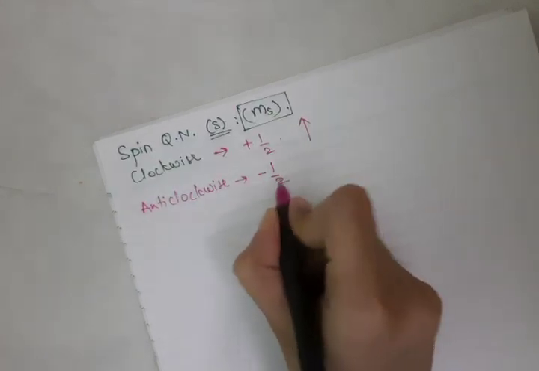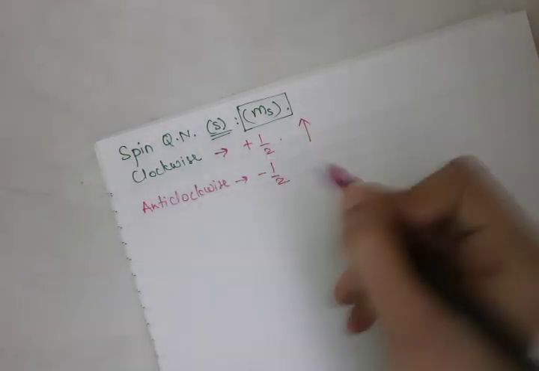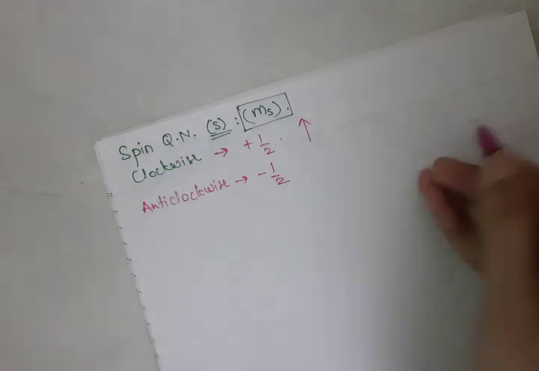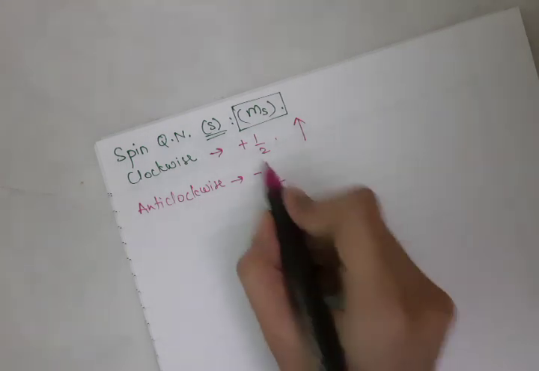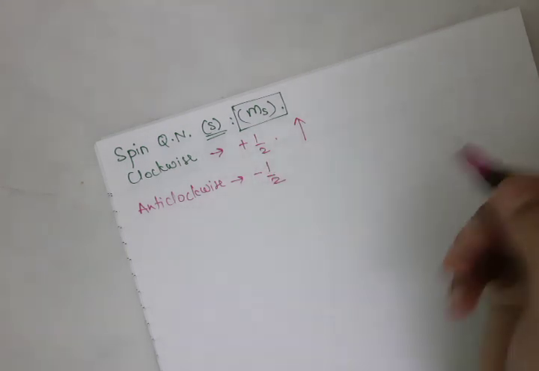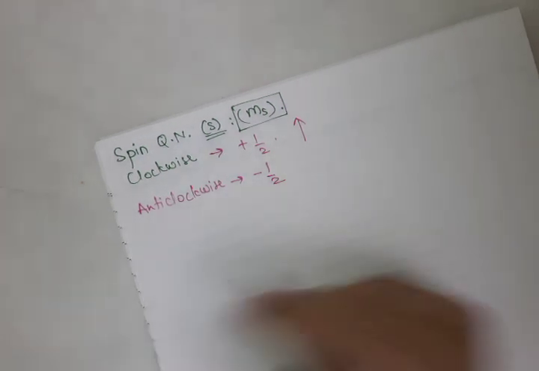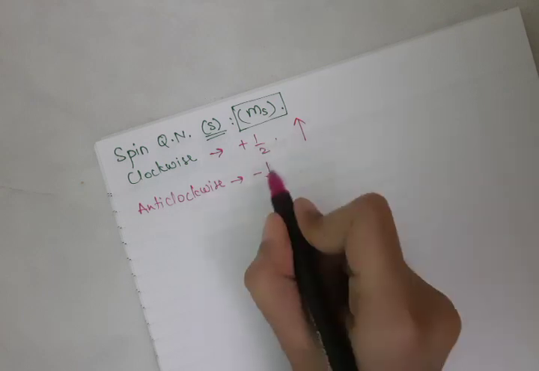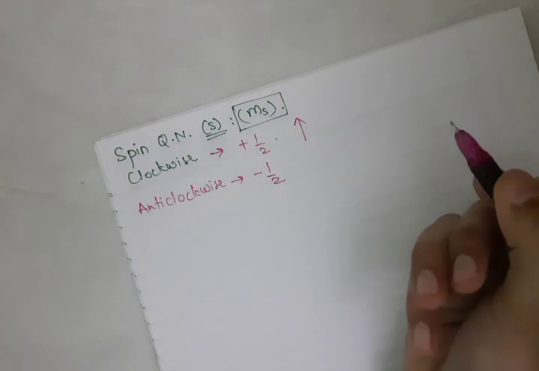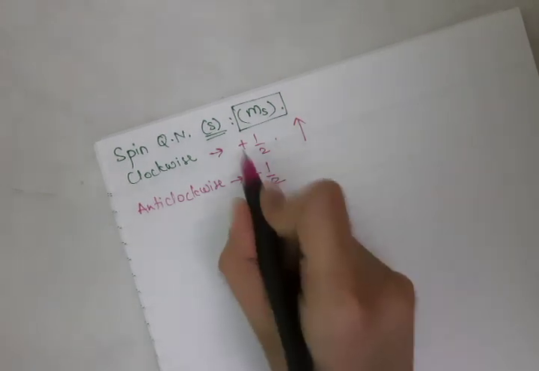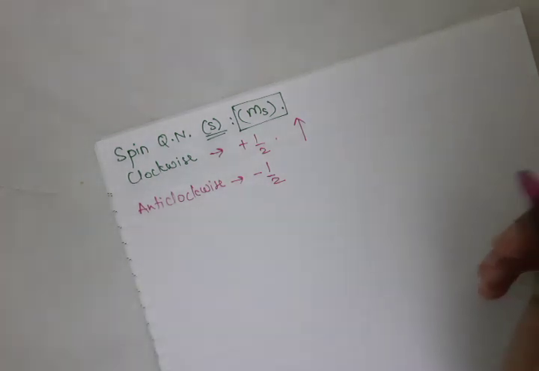This is for only a single electron. When a multi-electron system is given, you just have to add the values according to their spin. Actually, it is an addition, only the sign changes. That's why the addition converts into subtraction. That is, if plus 1 by 2 is given and minus 1 by 2 is given, then plus 1 by 2 minus 1 by 2 becomes 0, because we add together and plus and minus cancel. In the same way, you can calculate for the multi-electron system.